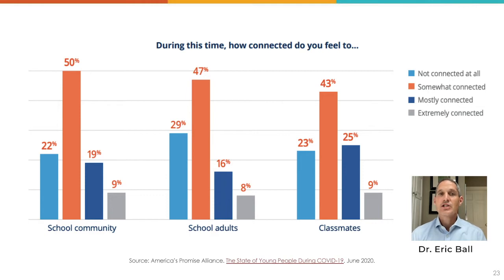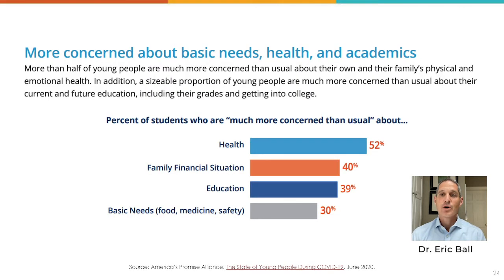We also found that children at this time were having more concerns about things that they really shouldn't be concerned about in normal times. They were concerned about their own health and their family's health, their family's financial situation, their education, and a substantial percentage were afraid of their own basic needs, including food, medicine, safety, and shelter. These are problems that children and adolescents should not have to deal with, and they were having very difficult times